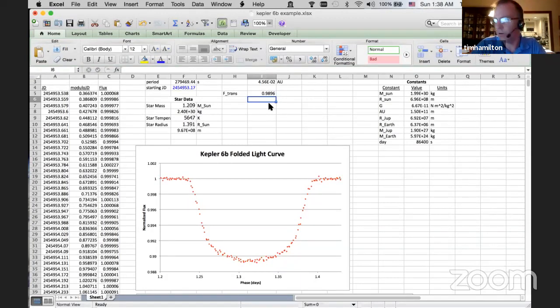I won't label that there. The top is F total, but that's just 1. That is true by the way they normalized it. So let's calculate the difference. I'll call it delta F, the difference in flux between 1 and the bottom there. So that's just equal to 1 minus this. Okay, very easy.